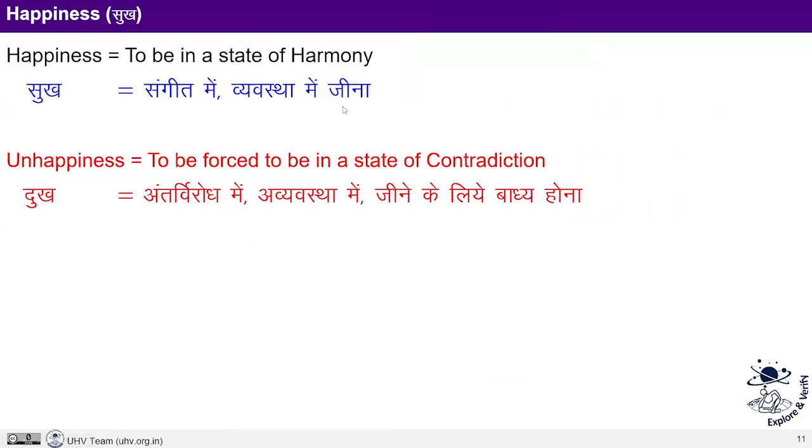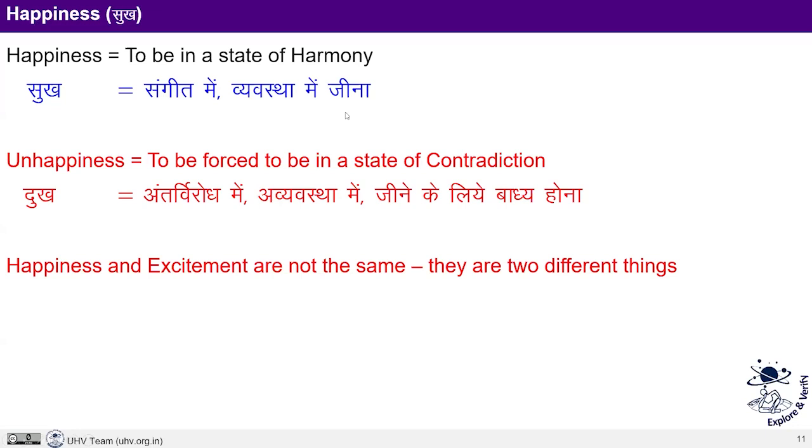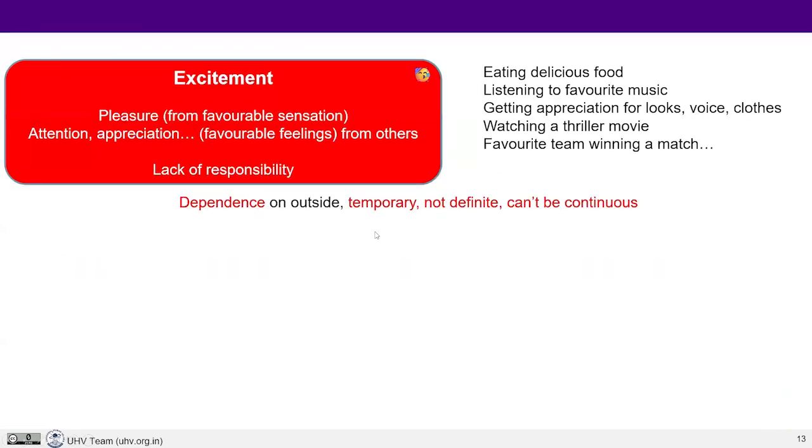Then we can define happiness and unhappiness. Okay, we can also distinguish between happiness and excitement. And already, if we have been conducting sessions with the students in the courses, or we are conducting sessions in online programs or face-to-face workshops, we are already acquainted with the examples that we have to take. Now we have made some change here, so I would like to share in detail.